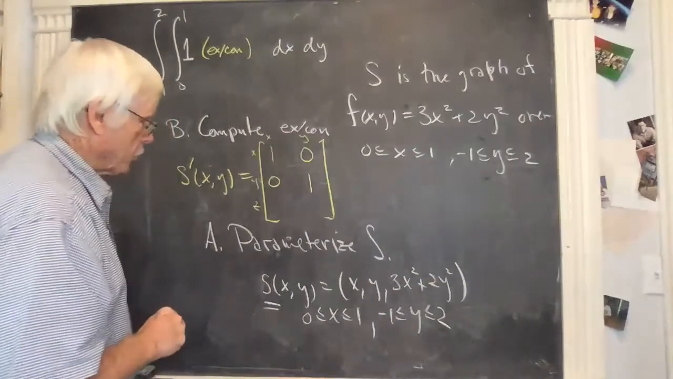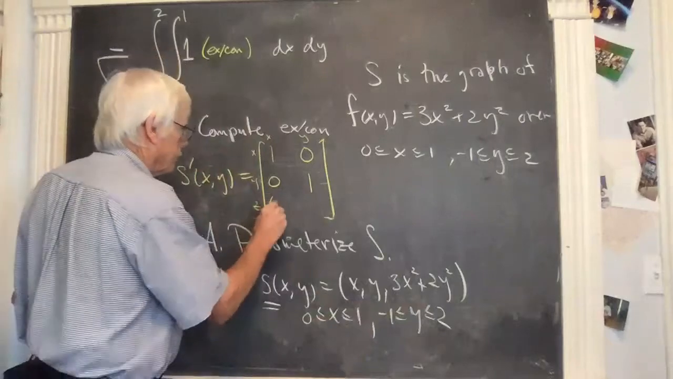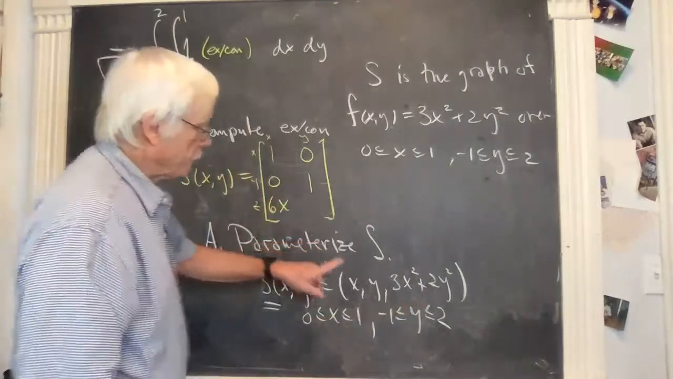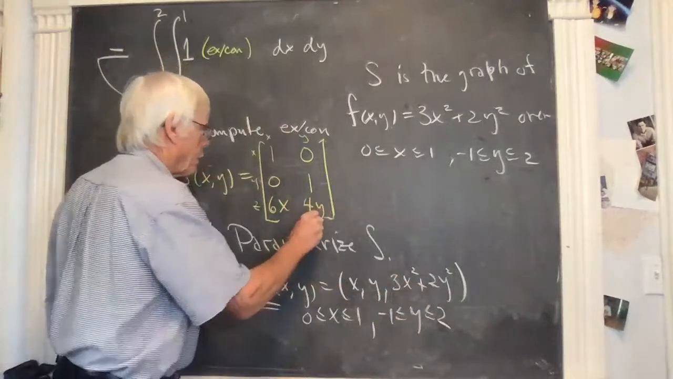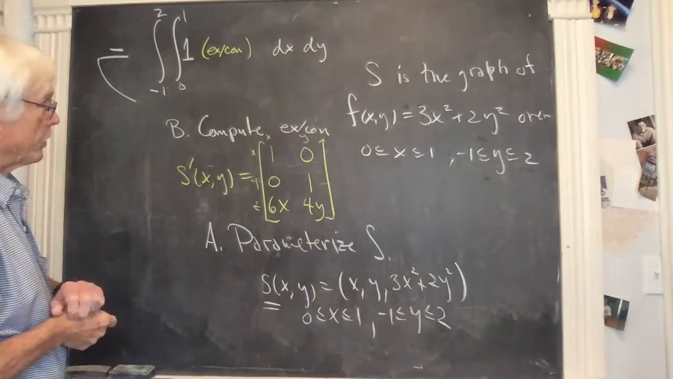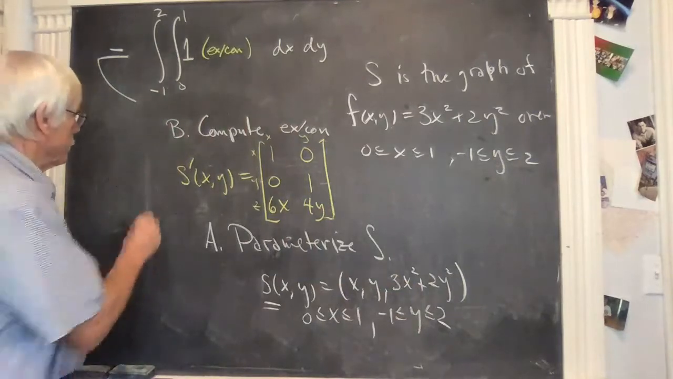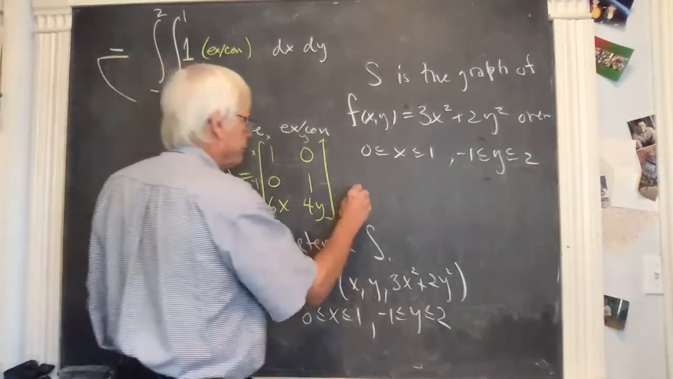And now we've got a little work to do. Derivative of z with respect to x is 6x. The derivative of z with respect to y is 4y. So here is the derivative. So this is the first step. And the second step,